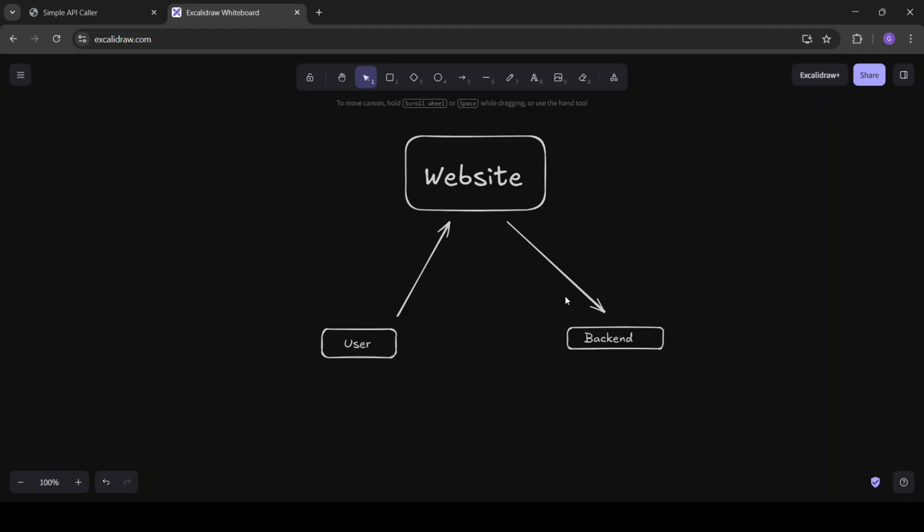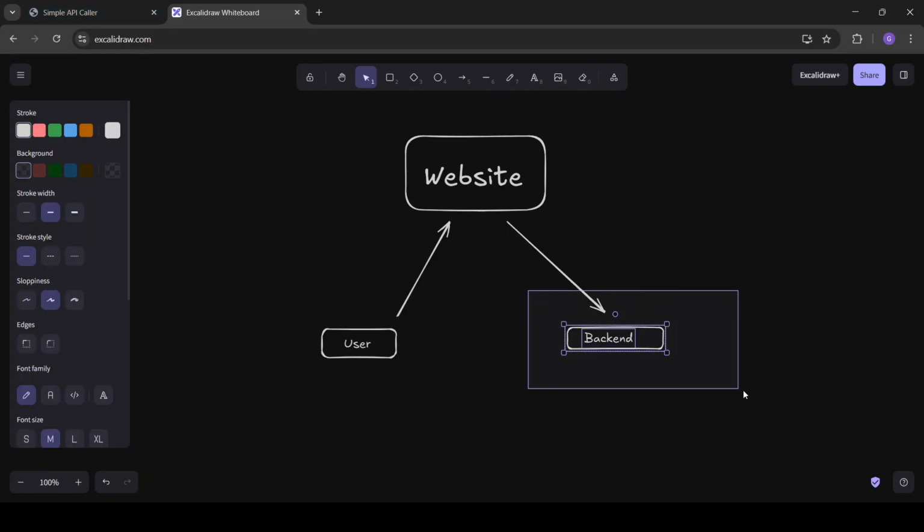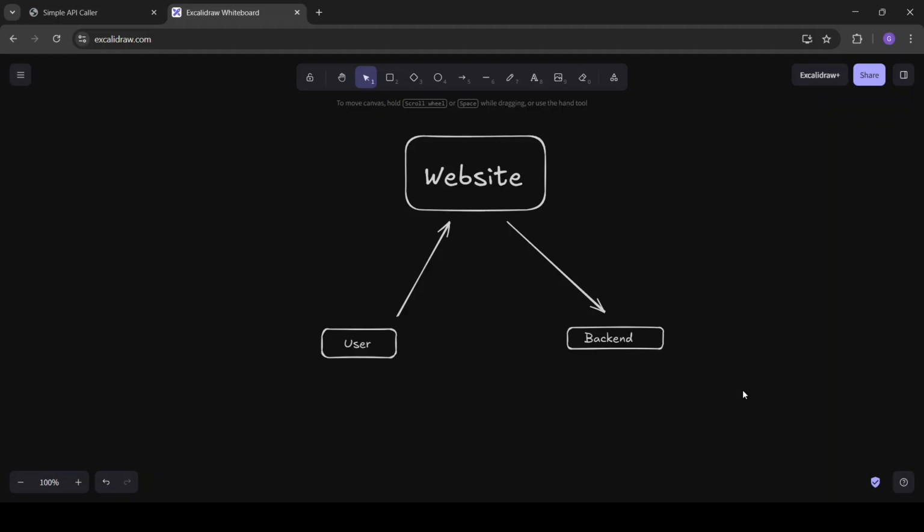So that is the only difference. The website is the front end, and the backend is the code that runs outside of the website on a server. Now, recently, most companies